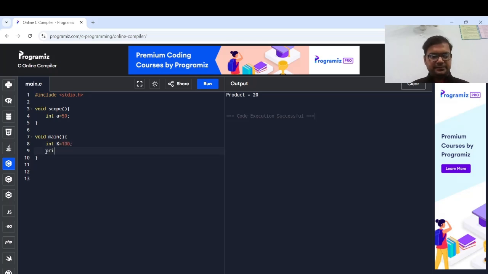Now we are printing a is equal to percentage d, a. Now try to concentrate on this. See, here we have declared, so I don't require this, sorry. Now see here, inside the user defined function scope, we have declared a variable a where we have assigned the value 50. Now we are printing that value from the main function,